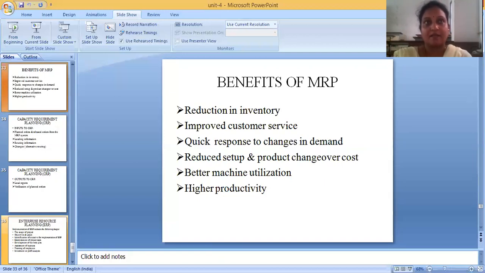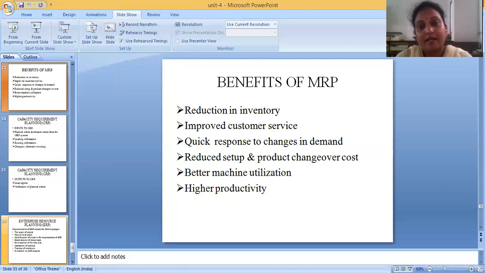For example, if there is some situation where there is a sudden decrease in the demand for that product, in such a case, as we have very limited inventory, based on the project we are dealing with, we are purchasing the inventory. So as soon as we finish the project, we'll end up with this inventory. We don't have extra stock. So if there is any change in the demand, we can respond fast. So that is one of the benefits of the manufacturing resource plan.